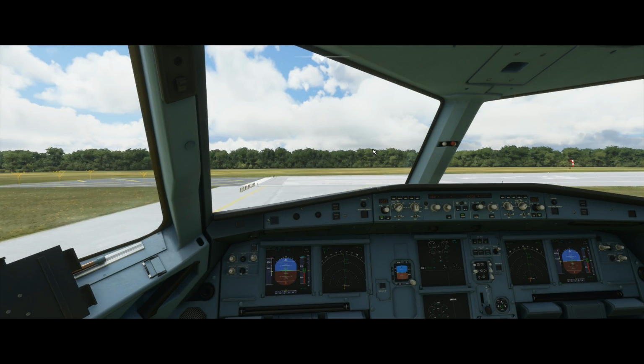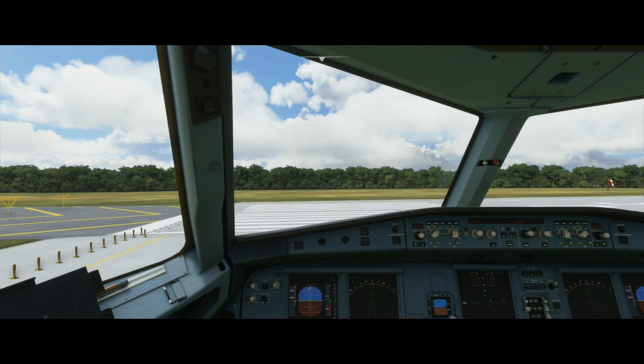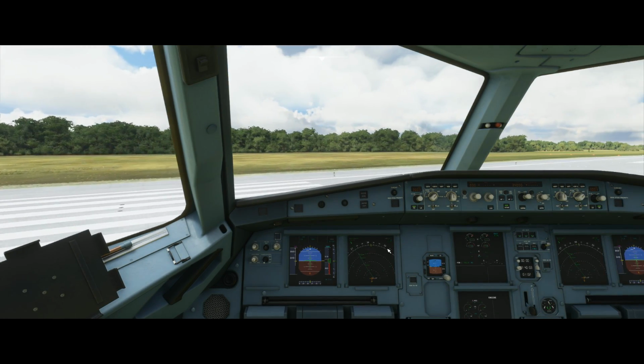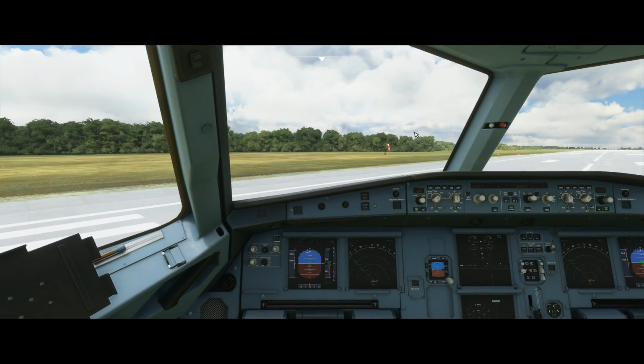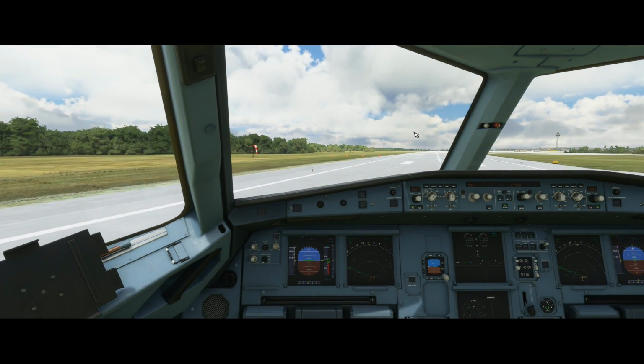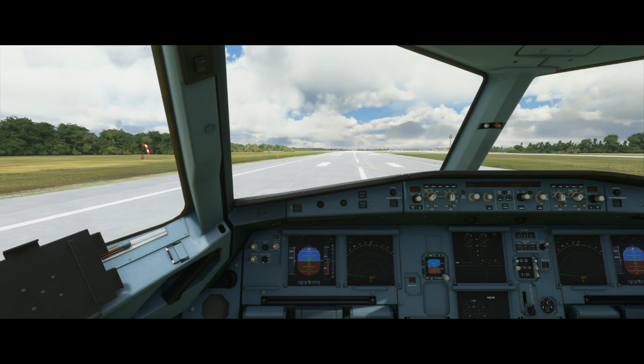And you want to try to get as good of a lineup as you can. And by the way, we are going to be following this green line down here on our ND. Alright, so here's the runway. Alright, and one more thing, if you're not familiar with Airbus,